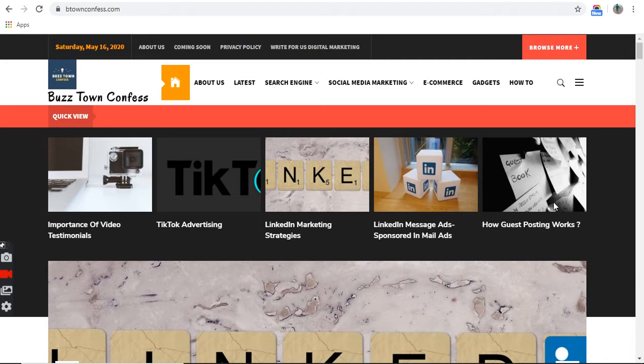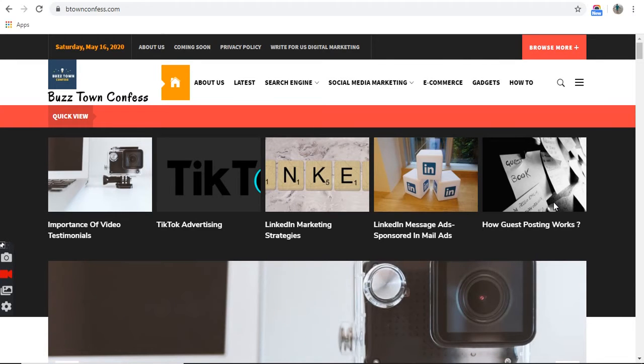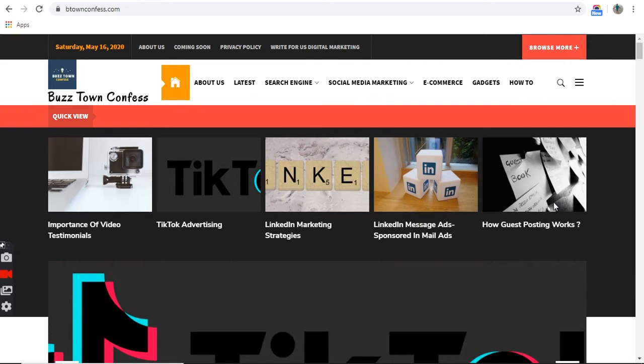So this can be done in two ways. Before we start, guys, let me tell you that categorically it can be divided into two parts. First, you can remarket to the audience who has visited your website, and second, the audience whose data you may have collected offline. You have collected their mobile number and email id. Then definitely you can reach back to them,